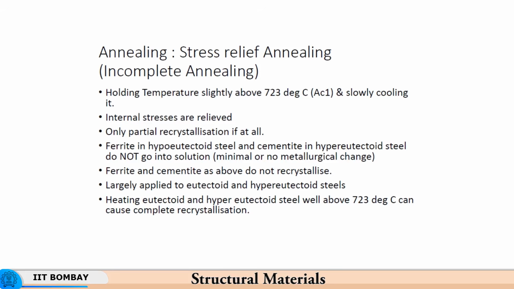If you have worked the material a priori, let us say in the two phase region, then if you do the stress relief annealing, hold it at 723 degrees centigrade for a certain period of time and then cool it very slowly, the microstructure will not change, the dislocation density will also not change, but the internal stresses which are present will be relieved because of local plastic deformation taking place, due to the temperature bringing down the yield strength of the material to a level below the